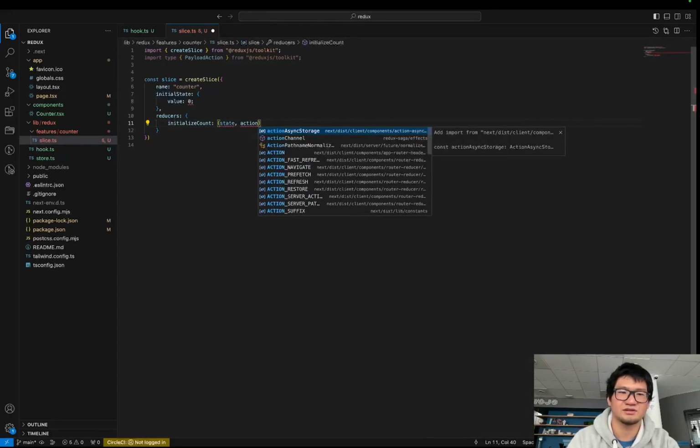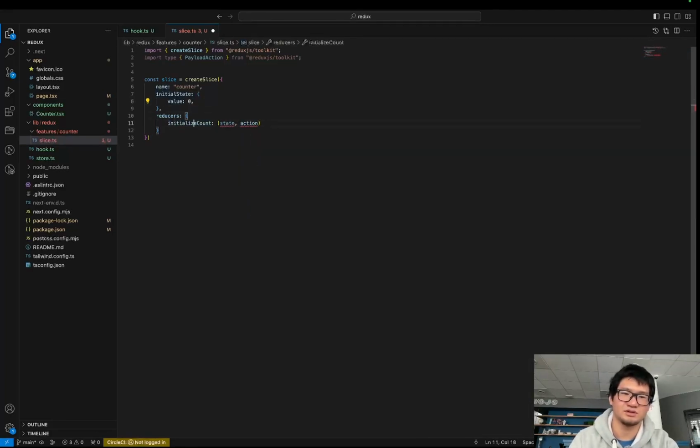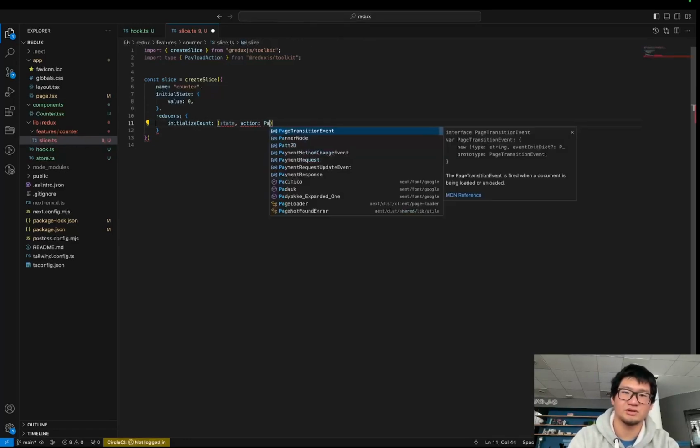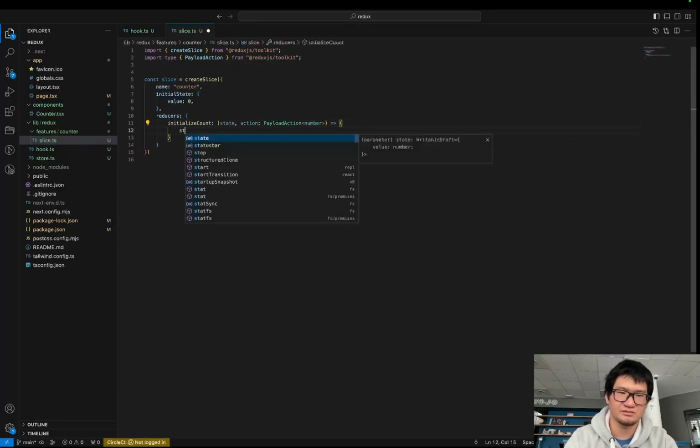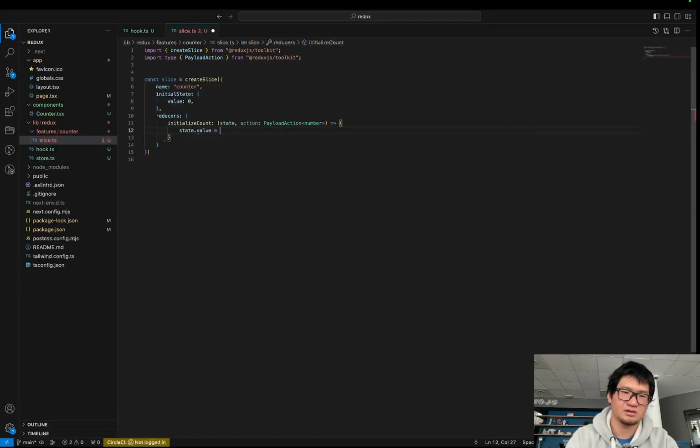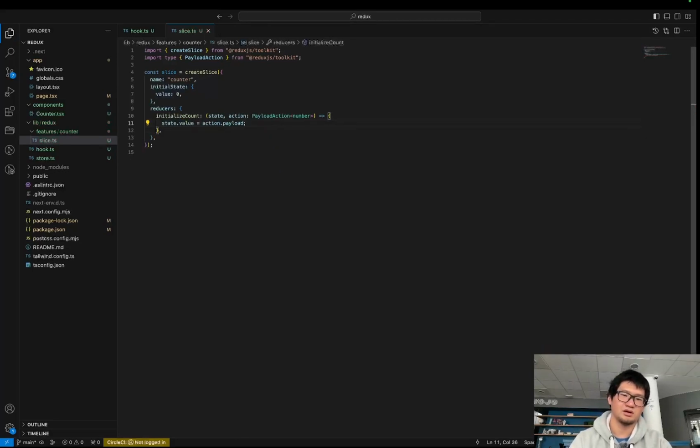It will take a state and an action. Oops, so this should be a comma. The action will be a PayloadAction of a number because I want that we could initialize the value in another way if we need it. Set the value will be action.payload. Okay, this is for the first reducer, and we make the other one,